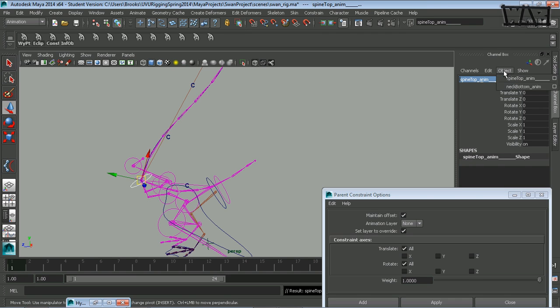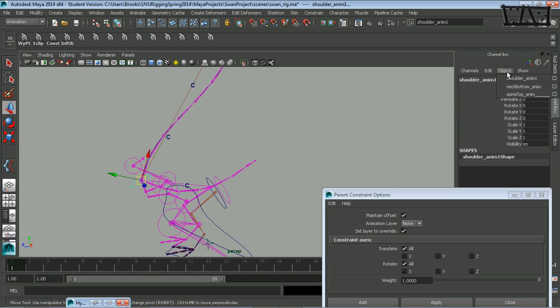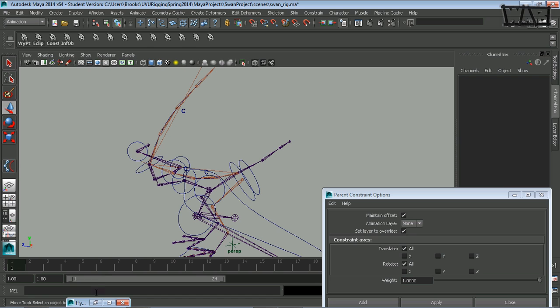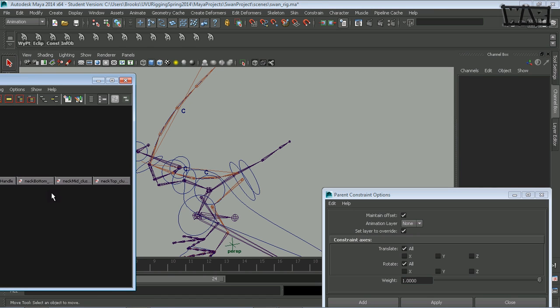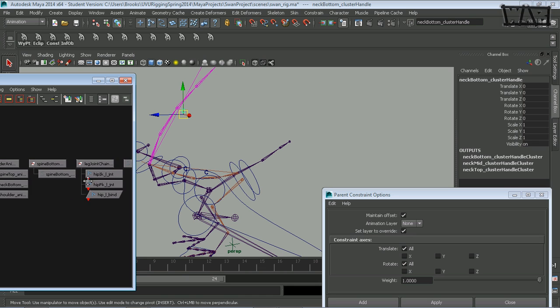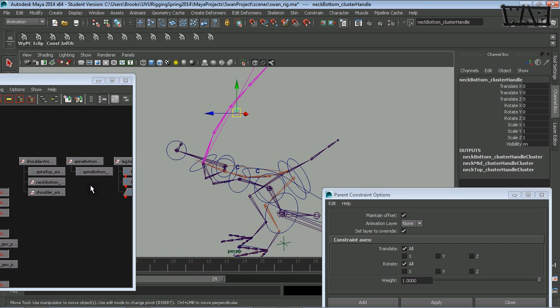Okay. So now I've got spine top, neck bottom, and shoulder anim. So I'm going to go shoulder anim, I'm going to get rid of that one. Okay. Now I have the three controls I need to have right there. I have the neck bottom control cluster. All three of these controls, let's see,